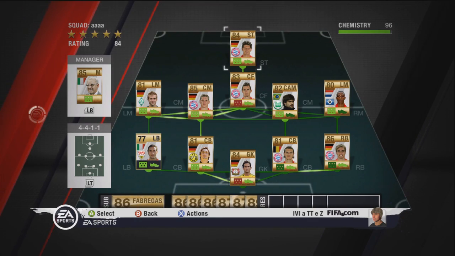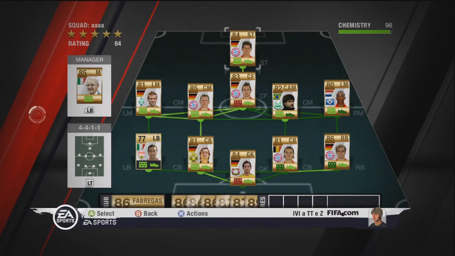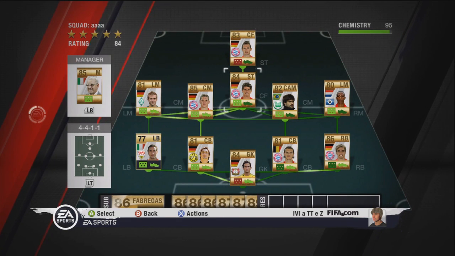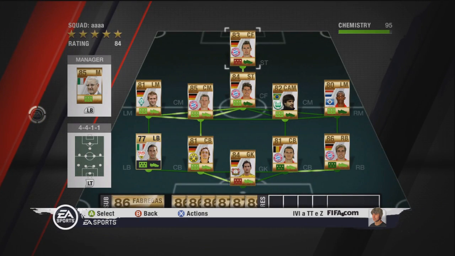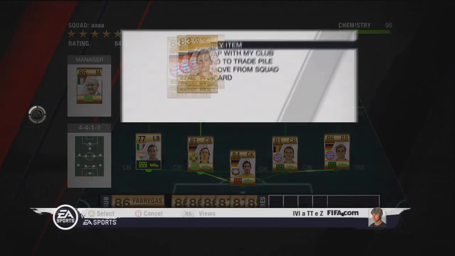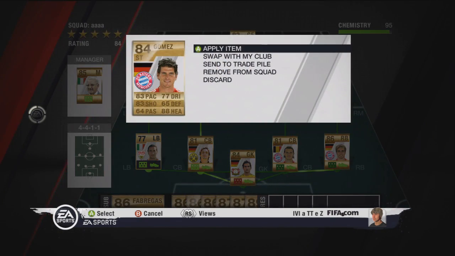I have Klose and Gomez. I would probably consider this being the other way around, with Gomez in the centre forward and Klose in the strike. These both play with Bayern Munich and both German. The only reason why I say that is because Klose's head is 92, whereas Gomez's head is 88. That's still pretty good, so I didn't actually realise that. But anyway, 92 head from Klose,